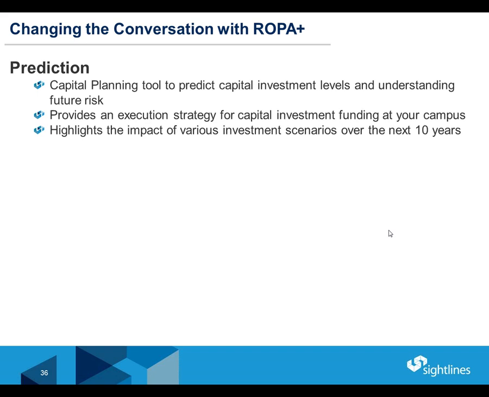As Ted pointed out, we're trying to help you answer that question. Well, we're giving you all this money, you're spending this money, you keep telling me that the backlog hasn't changed. How can you execute a strategy where you can both deal with the backlog and future life cycles and be able to take those both into consideration and make progress so that that number actually begins to shrink? And it highlights the impact of various investment scenarios.